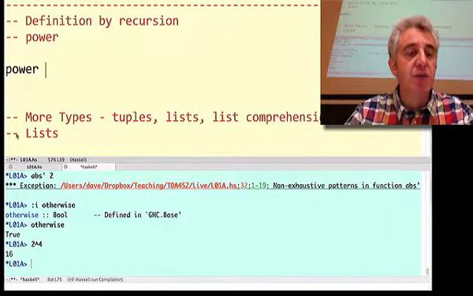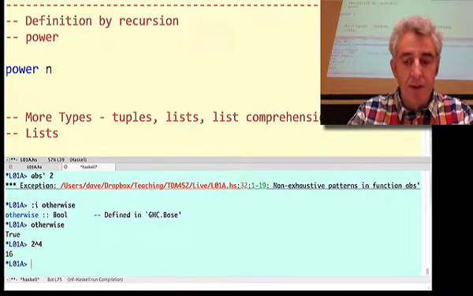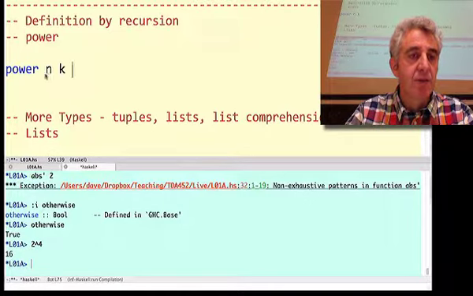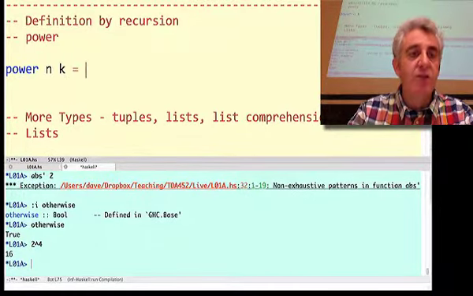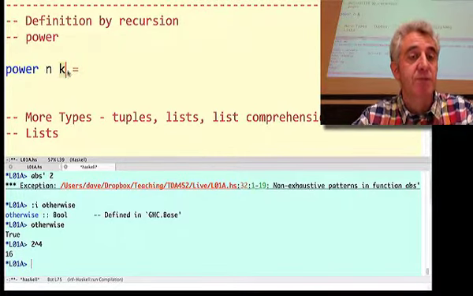And this is a function which is going to take two arguments. The first argument, let's call it n, and the second, which is k. So 2 to the power 4 will be power 2, 4. And this will be a version of the power function that assumes we have a natural number, a non-negative integer exponent. Okay.